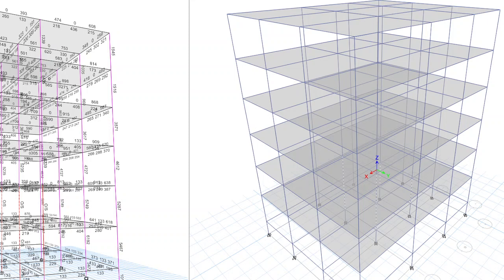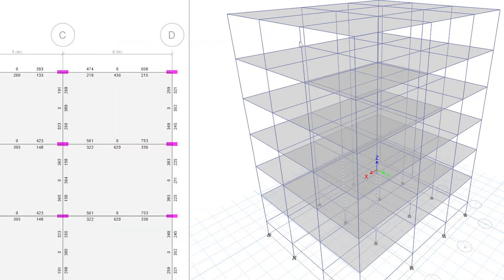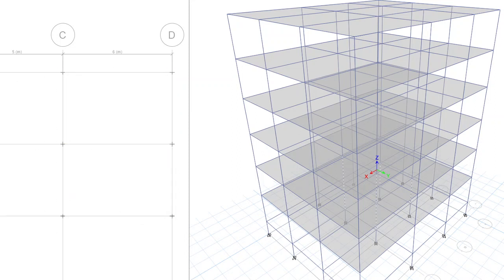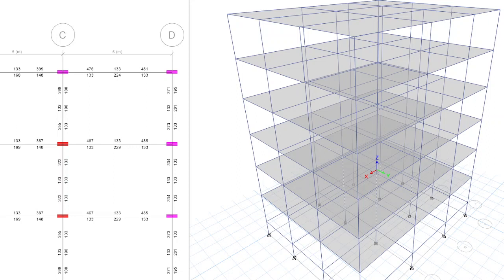For beams, nothing is showing in red color, no? So everything is passing. If it is in red color, then only it is failing.